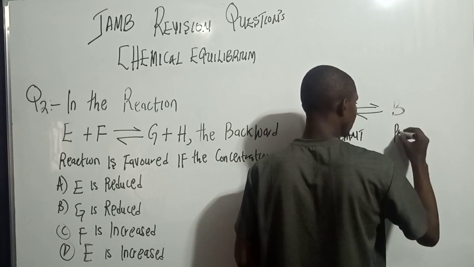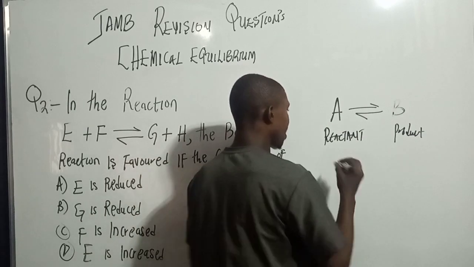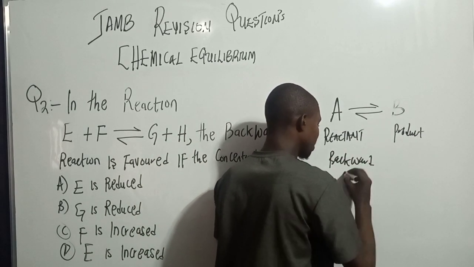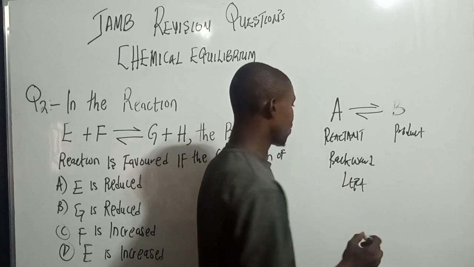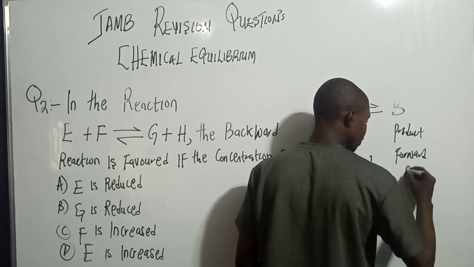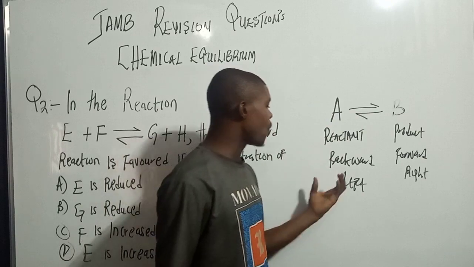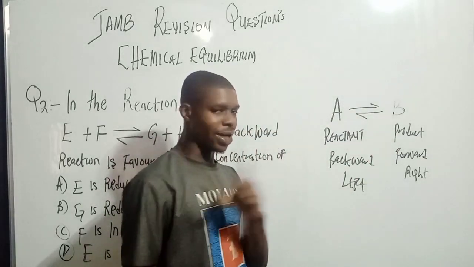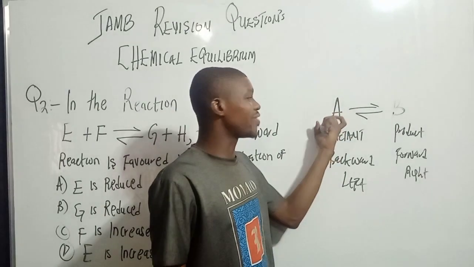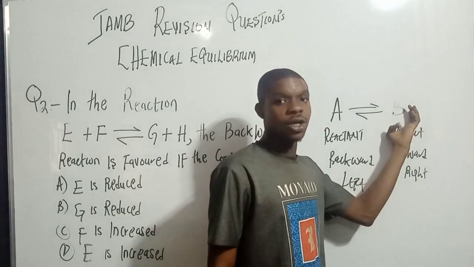And here you have what? Product. Right? Now, here is what? The word backward. Backward, which was left. It's okay. And here we have what? Forward. Forward, which is what? Right. Pay close attention to it here. So, how will the reaction favor what? Backward reaction. Now, either you decrease the concentration of the reactant, or you increase the concentration of the